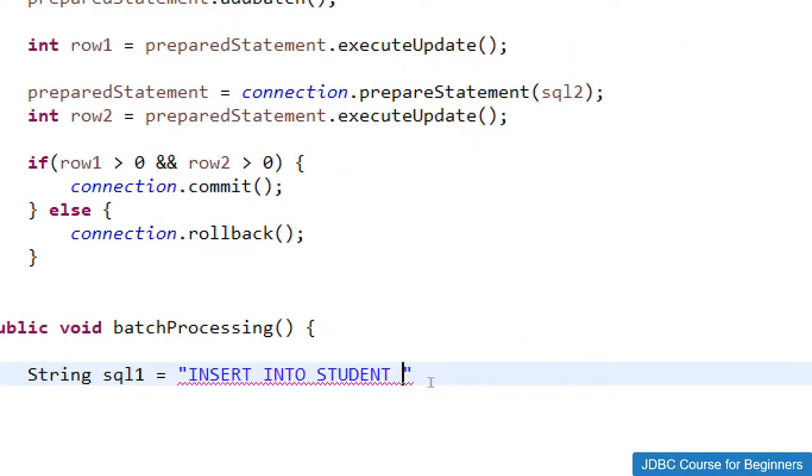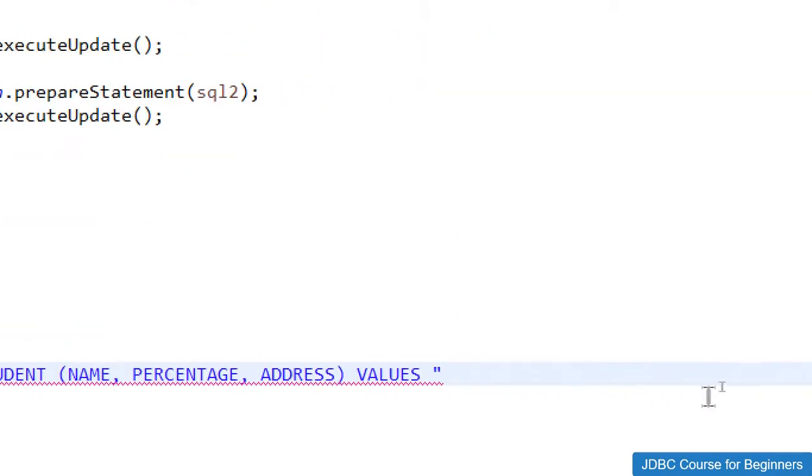Then we just need to give the bracket, and we just need to mention the column names. So my column name is name, percentage, and make sure you are giving spellings correctly. And I have made a mistake over here like this, so let me correct this one. And my last column is address, and we just need to use values, and again we just need to mention